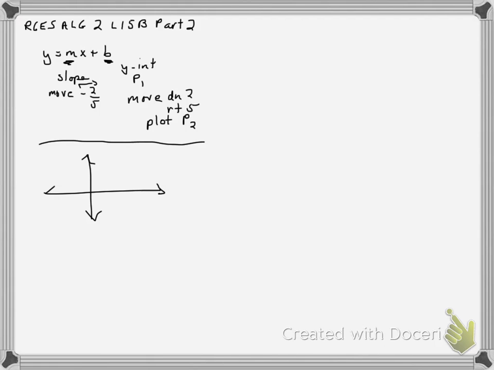Now we talked about a negative slope will go down from left to right, like this. This would be a negative slope. A positive slope would go up from left to right, like this. And two more I want to talk about would be a zero slope,